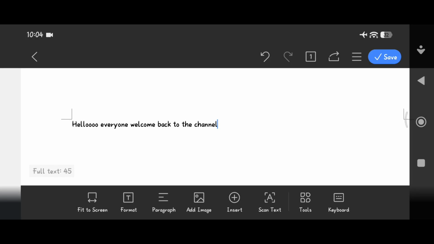In this tutorial, I will show you how to save your document to PDF or turn your document to PDF in WPS Office and mobile. So first, just open your app, the WPS app,